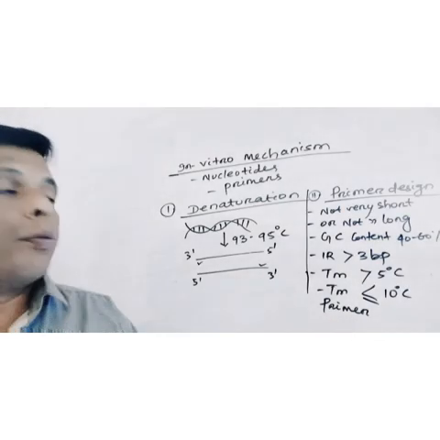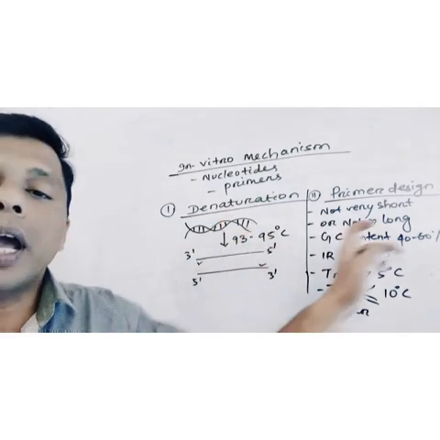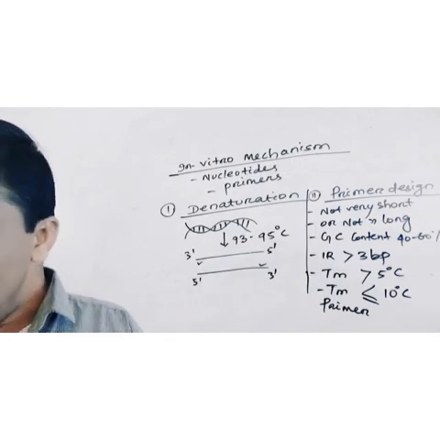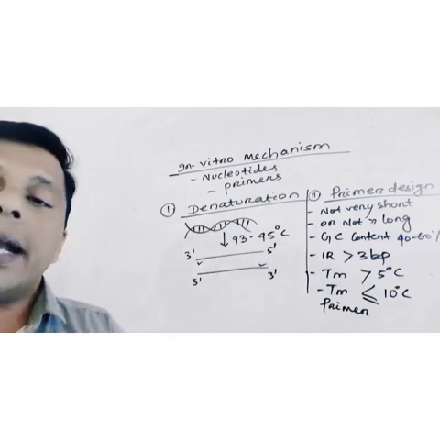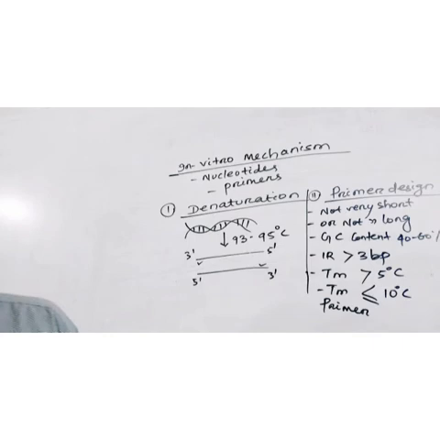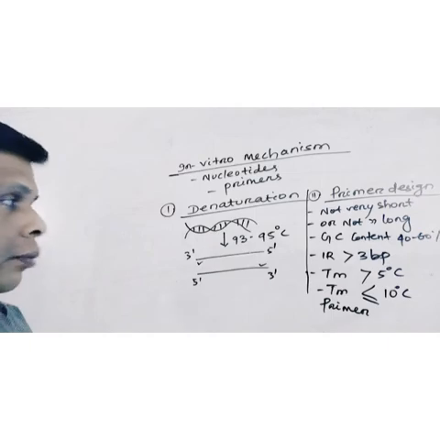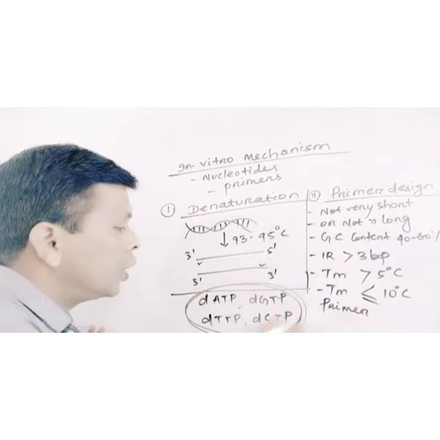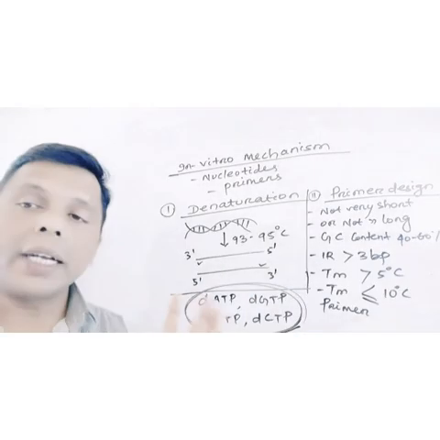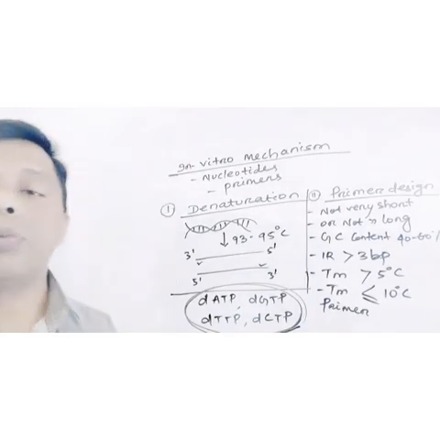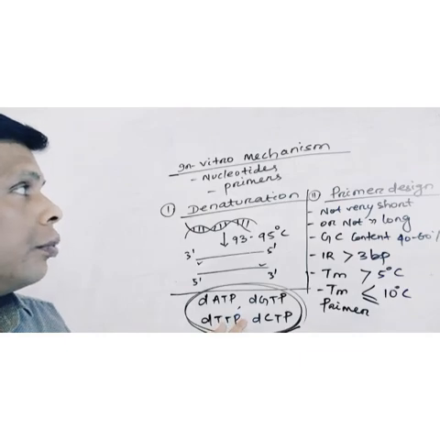After designing the primer, we have already denatured the strands, we have designed the primers, then we have to select all the essential nucleoside triphosphates to carry out the process. Different deoxyribonucleotides are used. We have already discussed these nucleotides. These active nucleotides are used for the process of elongation.